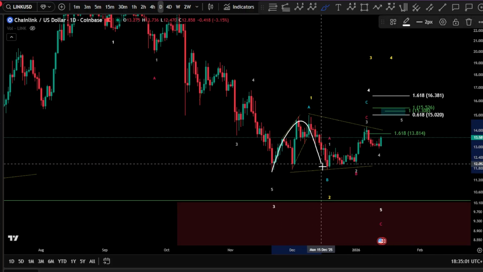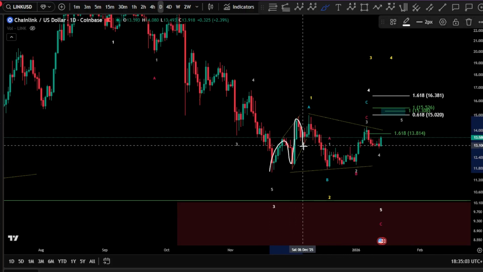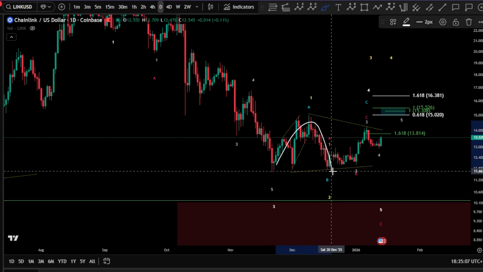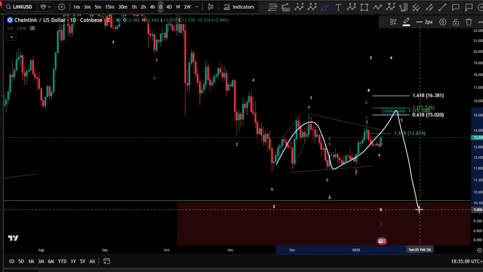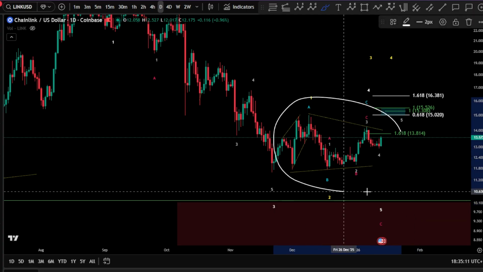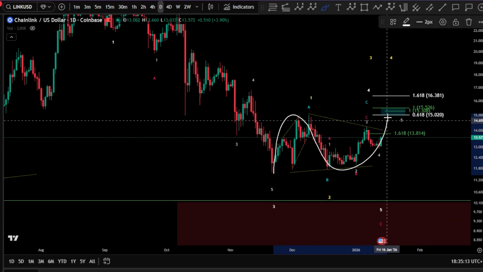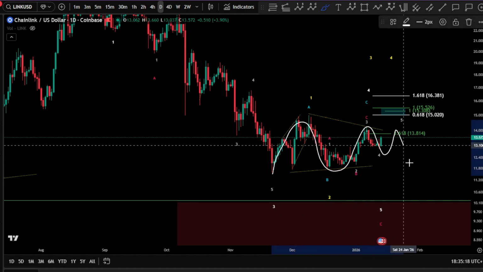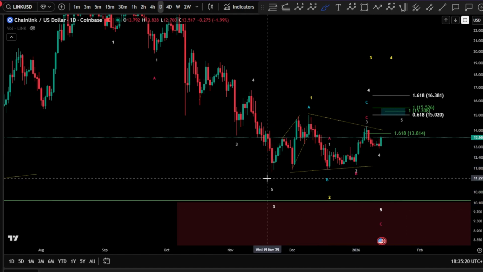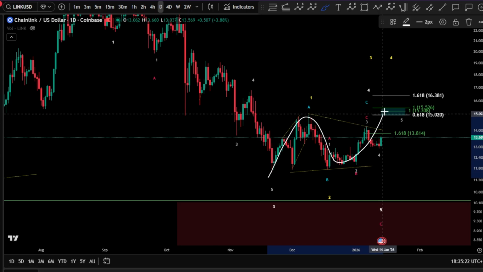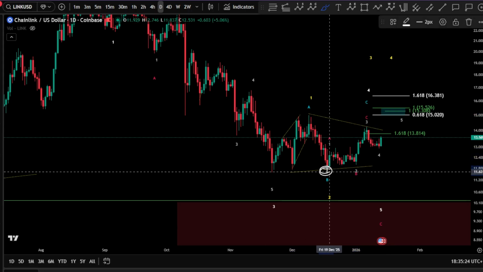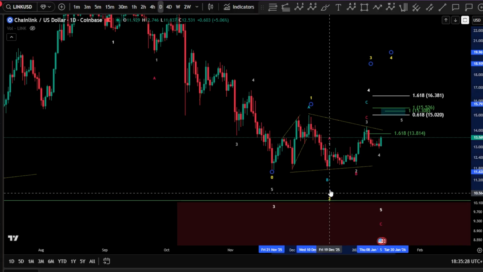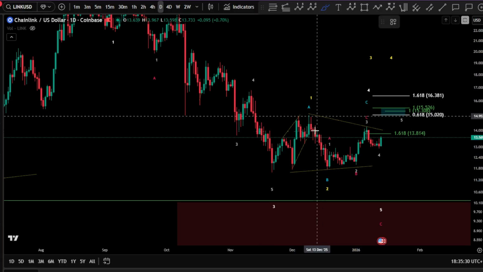Or it can be, of course, as well a 1, 2 here, since you have a leading diagonal. It can be an AB as well, AB and a C there, and then pushing for lower. So we still have several possibilities, which can be corrective, ABC, it can be the triangle, and then dropping down as well. Or if you are bullish here, you are in a 1, 2. However, 886 taken everywhere here, and especially for wave 2, it reduces so much the possibility, of course, to be